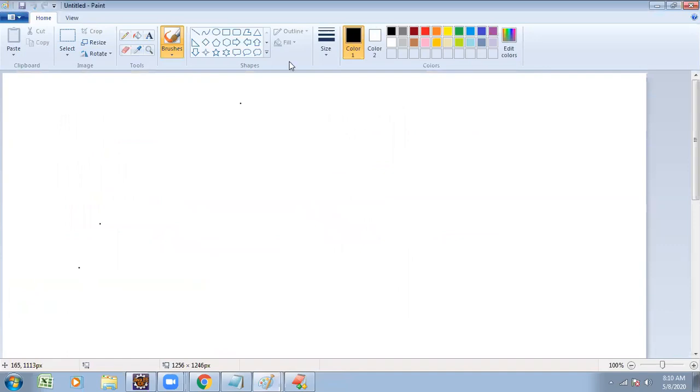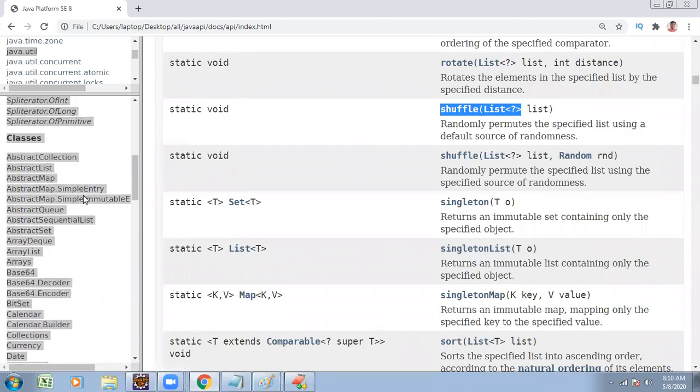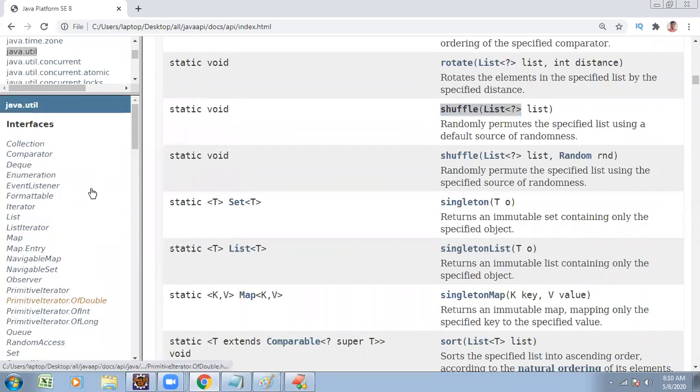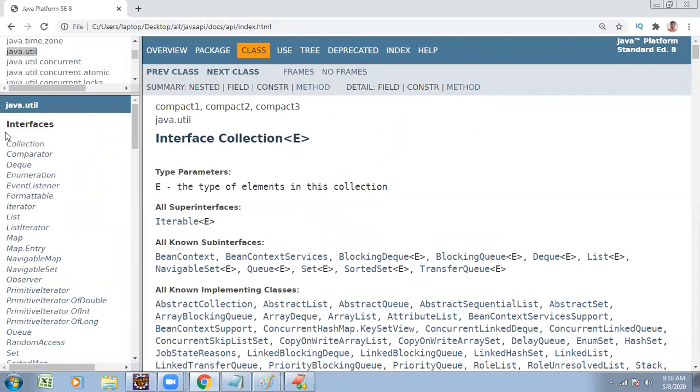Try to observe once. In the java.util package, under the util package you find one interface named Collection. The Collection framework is an interface. Before this one, we start with the Iterable interface. What is the super interface for this one?